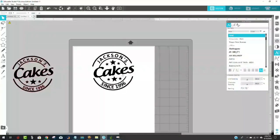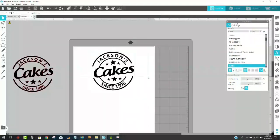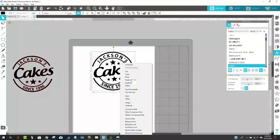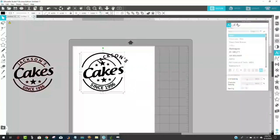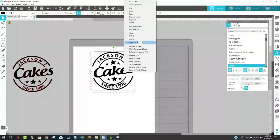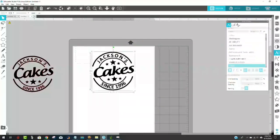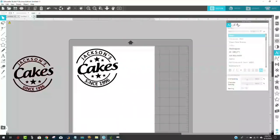And to make this in... Did I not get everything when I grouped? Group. Heavens to Betsy, what's going on? I swear I'm getting it all. Group. Oh, I just clicked on group. Group. Okay, there, thankfully. All right, so to make this now with my Silhouette, all I have to do is